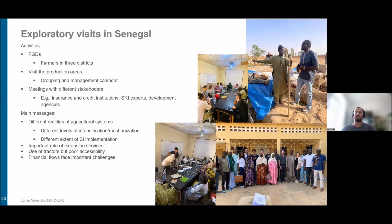Yeah, so one word also to the Senegal trip, where we had a lot of focus group discussions. I think I mentioned mainly all those points, but maybe the main message is also the gradient between the western part and the eastern part, and also the different cropping traditions, I would say, and also the cropping systems are very different. So there should be a huge effort for those farmer field schools, and it's also a huge potential to use those farmer field schools to spread information